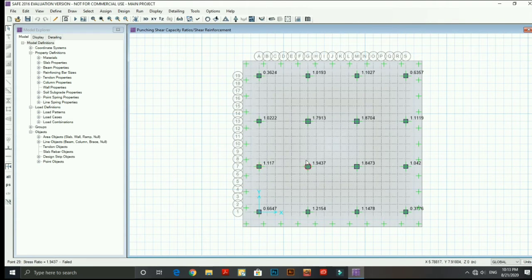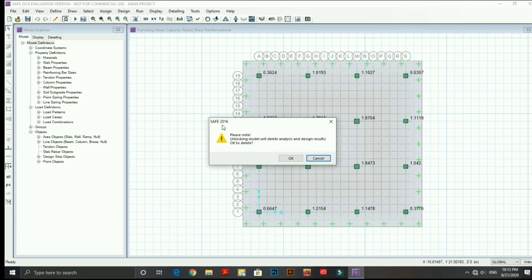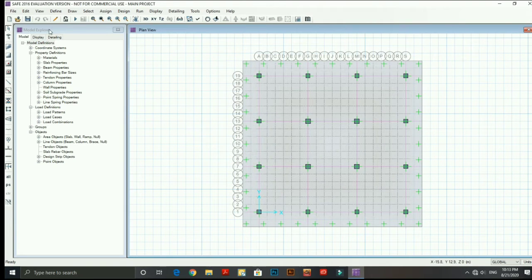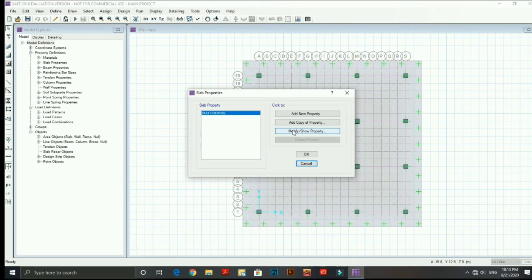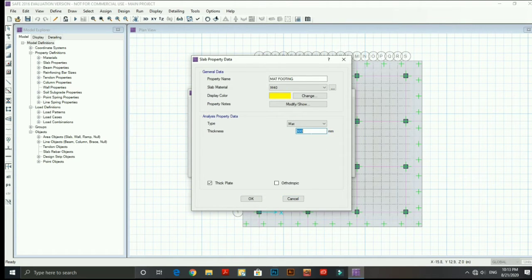By clicking here you can see all the members cross the value 1. So this is not a safe footing design, so I have to change the slab properties by changing the thickness, which I changed before.